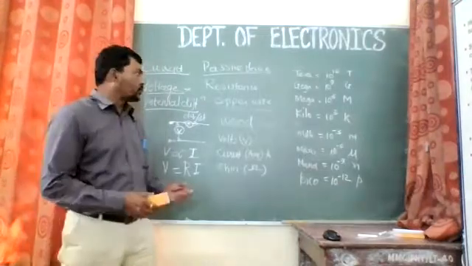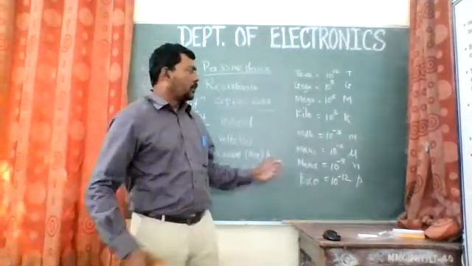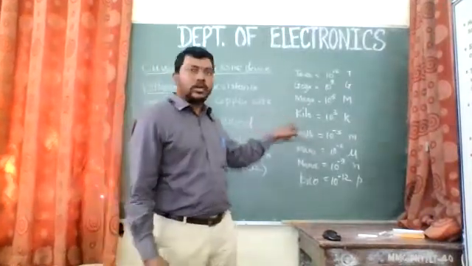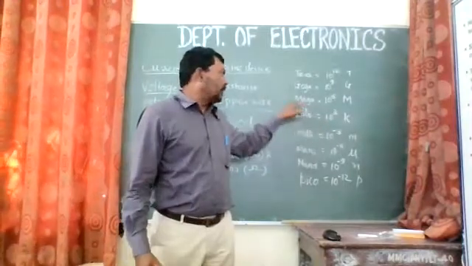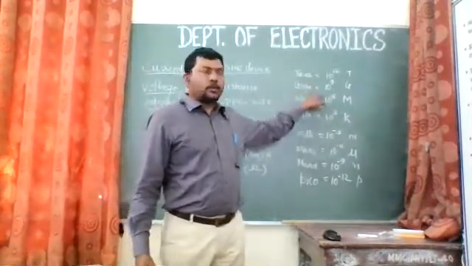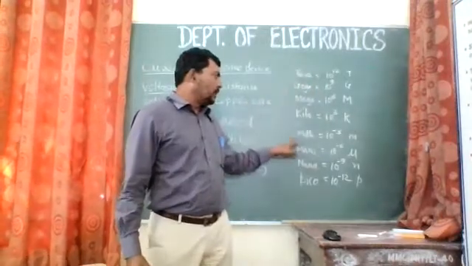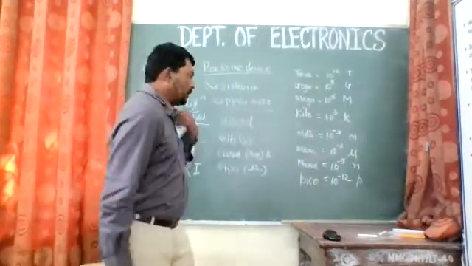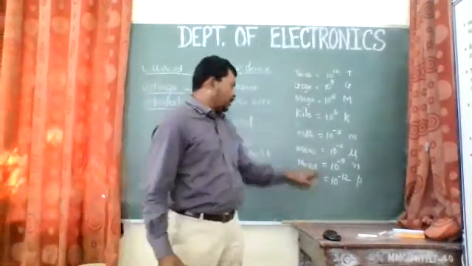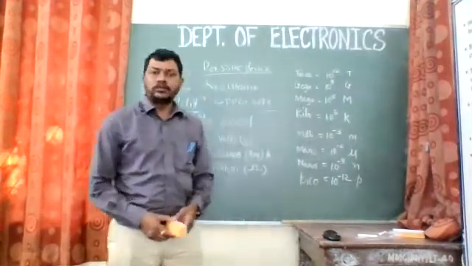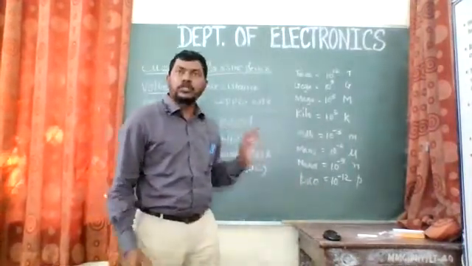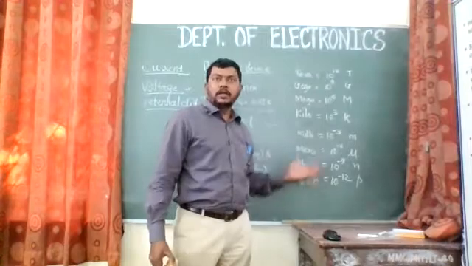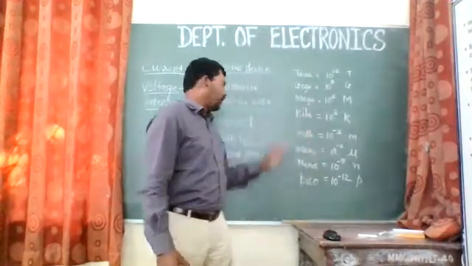We have also studied some nomenclature that we have been using in the units. Kilo is 10 raised to power 3, mega is 10 raised to power 6, giga is 10 raised to power 9, tera is 10 raised to power 12, milli is 10 raised to power minus 3, micro is 10 raised to power minus 6, and nano is 10 raised to power minus 9, whereas pico is 10 raised to power minus 12. So these are all positive numbers, but they are in the decimal portion, right? They are the smallest portion that we have on the positive side, right? So we have worked on this.